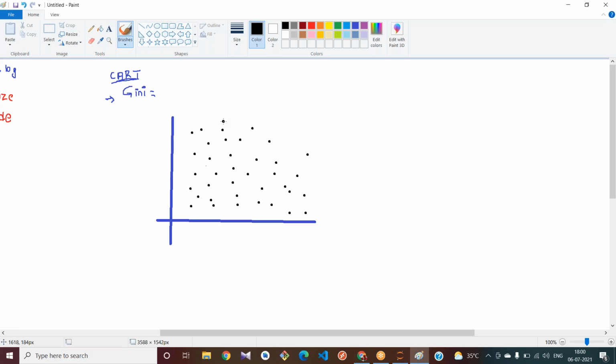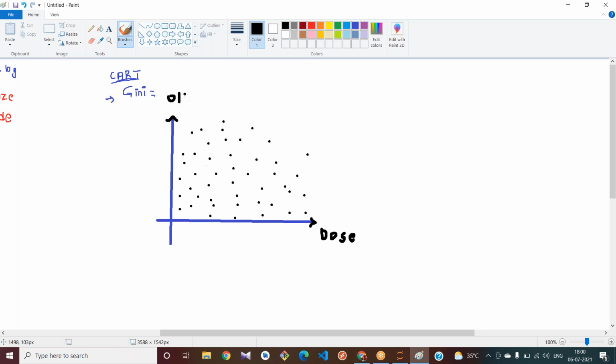Let us apply decision tree regressor. How does it classify data? See, if this is the data, think that this is the medicine dose, and you have some output variable based on the medicine dose.